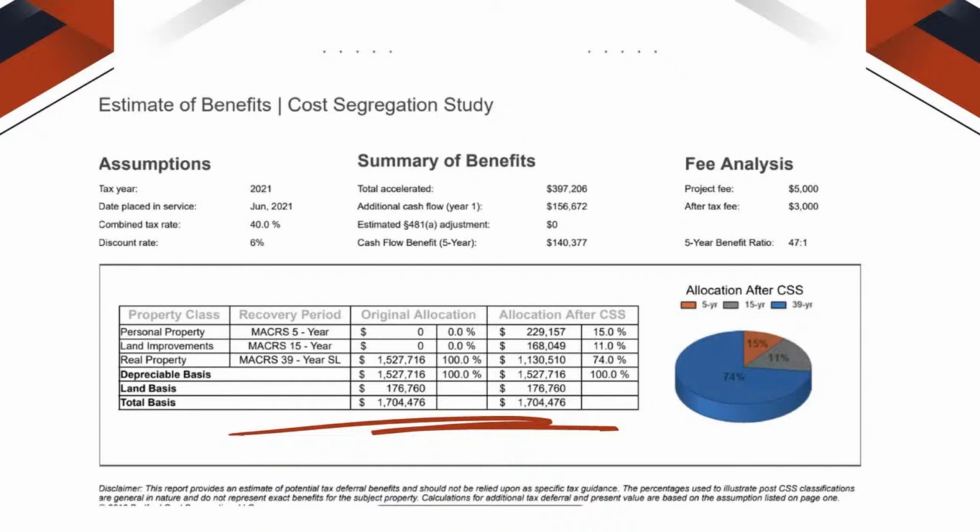And you'll notice, or you may notice, that there's also accelerated depreciation or bonus depreciation. We're going to get into that conversation in just a moment. But the way you can look at this, you can see that allocation after CSS, cost segregation study, an engineering firm will go in and on paper pull apart all of the pieces of the property and put them in those buckets for you. And just like an escrow company will make sure they're going to guarantee title and ensure the title, a cost segregation